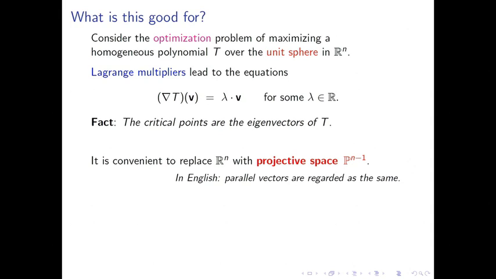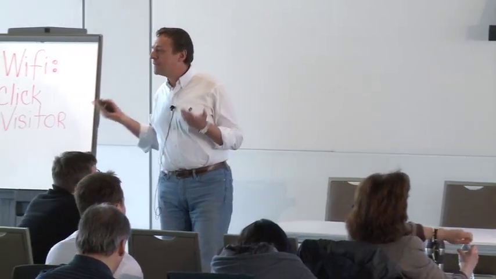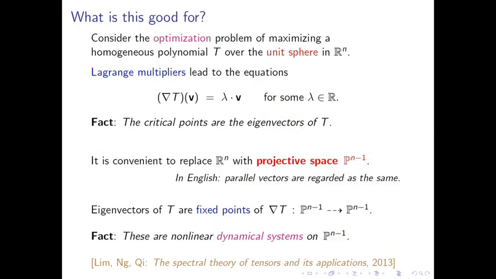Now it's convenient for the rest of our discussion to replace the n-dimensional vector space by the corresponding n-1 dimensional projective space. So in English, I'm just going to identify two vectors if they're the same up to scaling. Okay? Now then I can look at my gradient map also as a map from projective n-1 space to projective